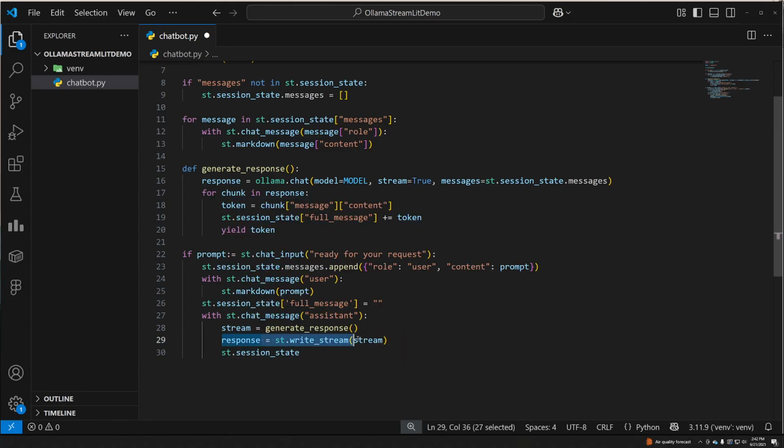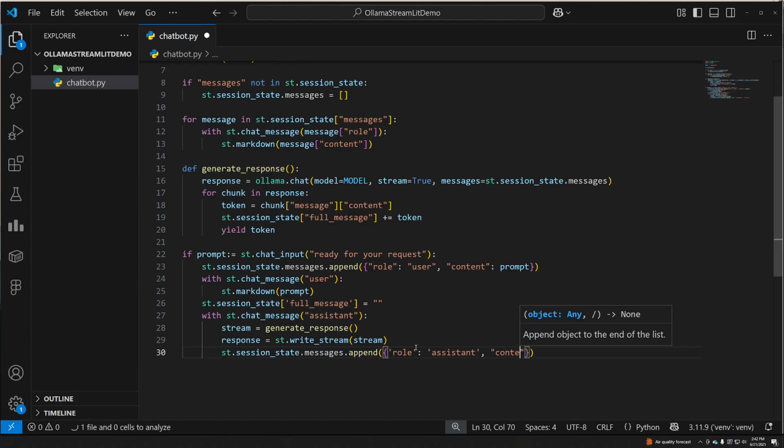So this thing here is going to write the stream response, and st.session_state.messages.append. We just want to append the assistant response into our context. So to do that, role is going to be assistant, and the content is going to be response. Yeah, and this is pretty much it.